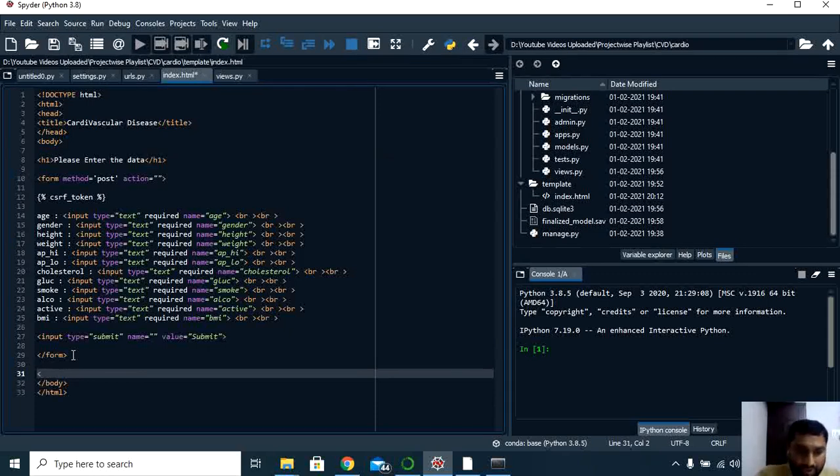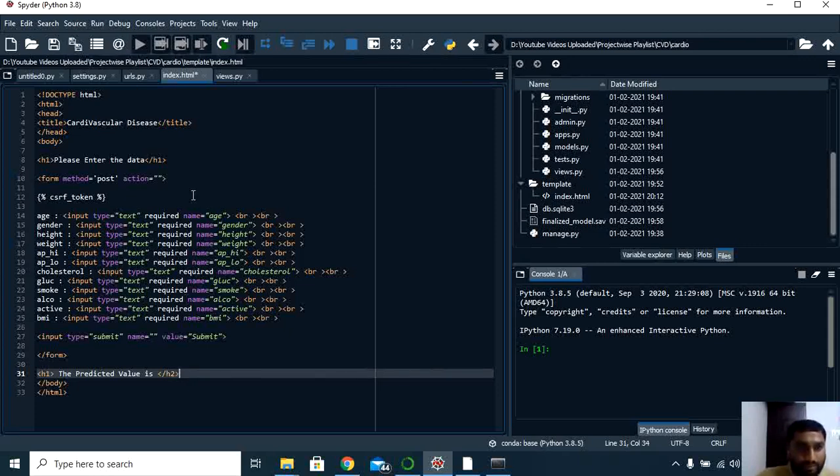Let's have h1: the predicted value is. We'll work on this later after passing this data to our model.